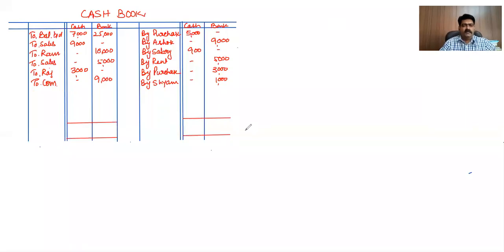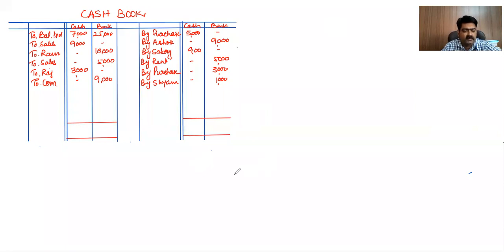Dear students, today we will learn preparation of ledger accounts with the help of cash book. You can see one double column cash book is on the screen and it is prepared with a few imaginary transactions. The opening balance of cash is 7,000 and the opening balance of